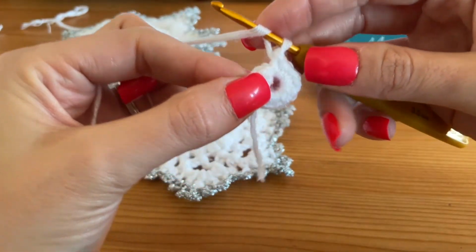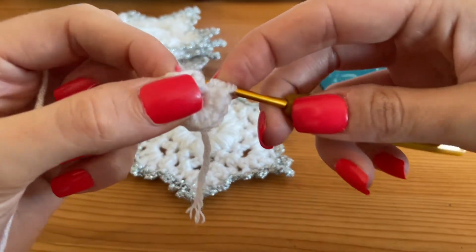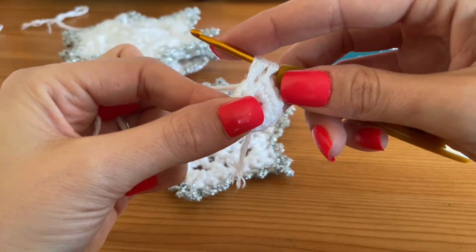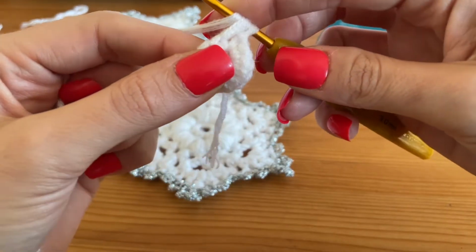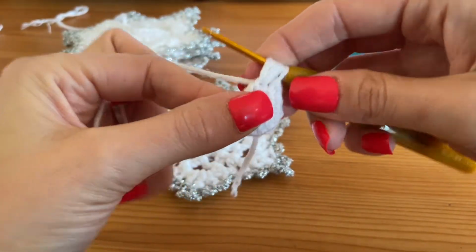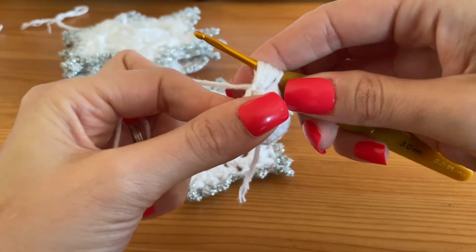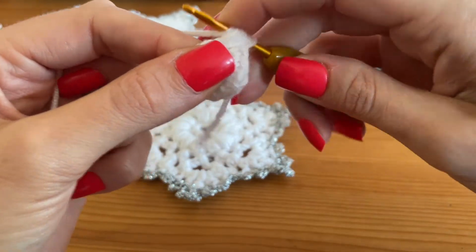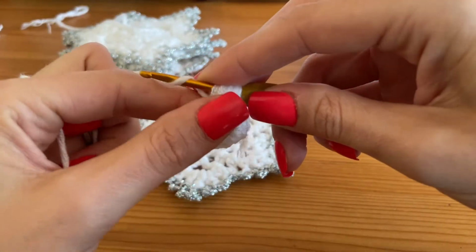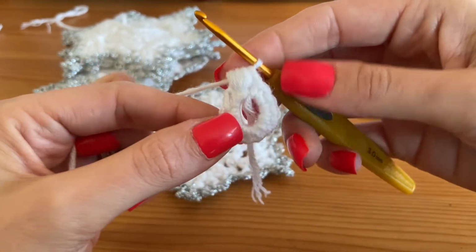So you yarn over your hook and insert it into your stitch once, pull up a loop. So you've yarned over, inserted your hook and pulled up a loop once. Now keep this on your hook, yarn over a second time and go back into the stitch again, pull up a loop. So that's twice, and yarn over again, back into that stitch for a third time, pull up a loop for the third time, and then one last final time, so the fourth time, yarn over, insert your hook into your stitch, pull up a loop. So that's 4 times. Okay, yarn over your hook one last time and pull through all of the loops on your hook. Okay, you might need to give it a bit of a wiggle,